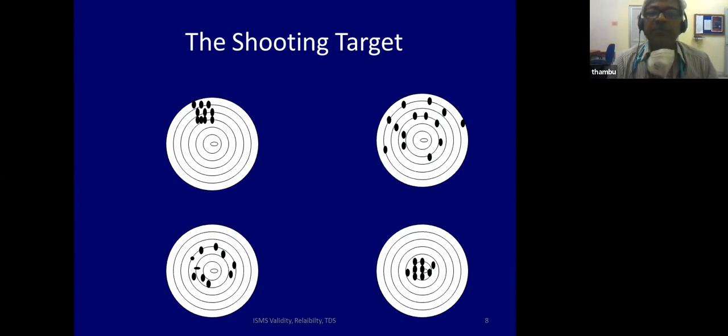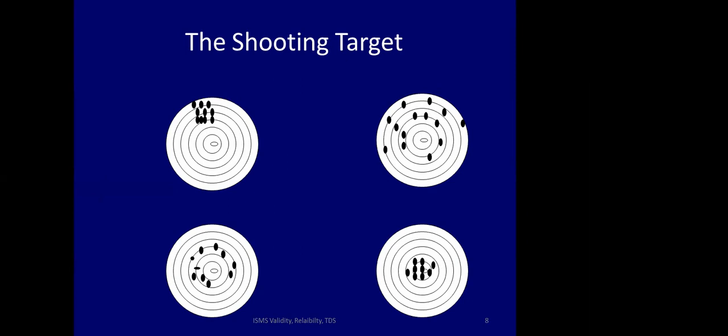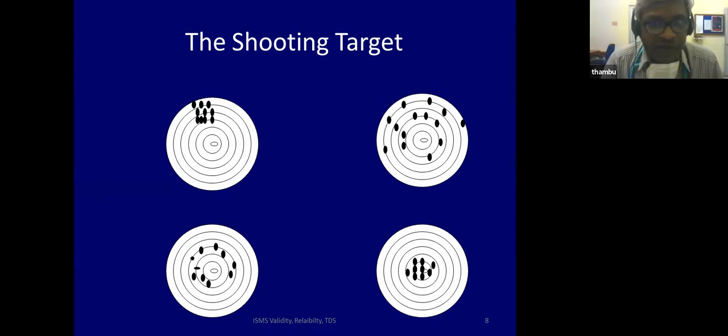Now, this is a slide which is often used, and I'm not very sure that many people agree with it, but it is an example which I found helps me to understand the concept of reliability and validity. I'm sure you may be very familiar with it. Forgive me if I am repeating this. Here you are shooting at a particular target and you want to see how reliable and valid your gun is. Maybe the gun or the shooter.